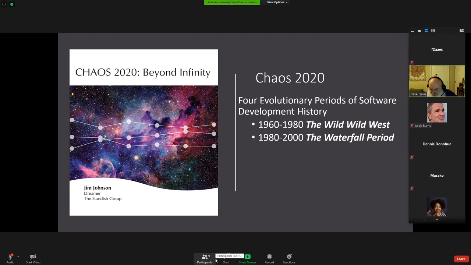And we started to get a lot of things built around that. And about the same time, towards the end of that 20-year period, a group of developers got together and wrote something called the Agile Manifesto. And that really introduced another era. And that was called the Agile period, which for the Standish Group is kind of coming to a close right at the moment.